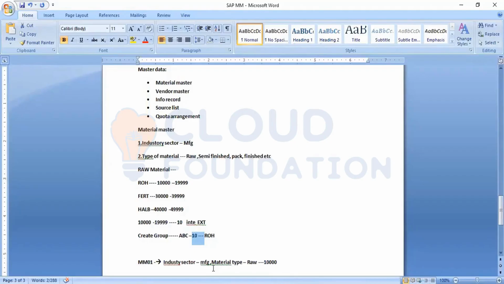This is about how the number ranges will be assigned to the material type. This is how we can differentiate the industry sector, how we can define the material type, and how we can maintain the number ranges, how we are going to assign these number ranges to things here. The next one is